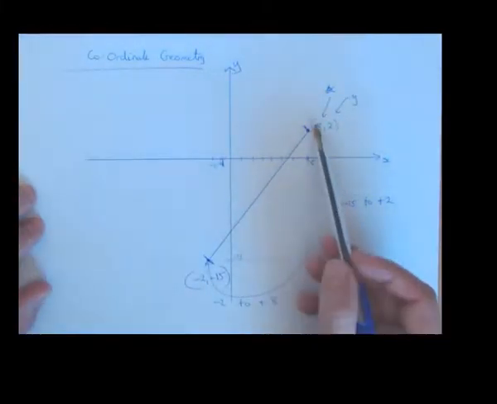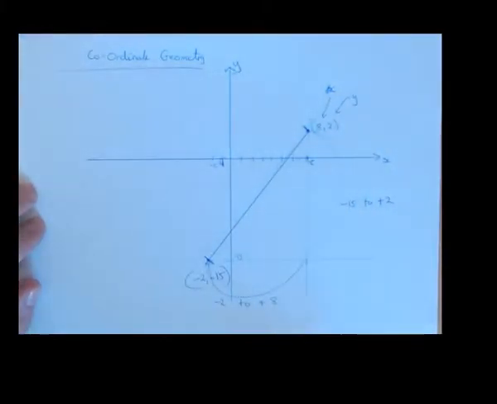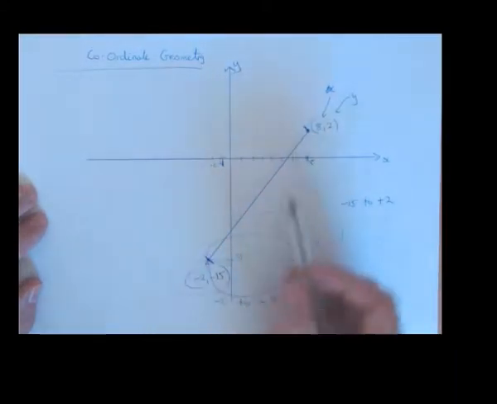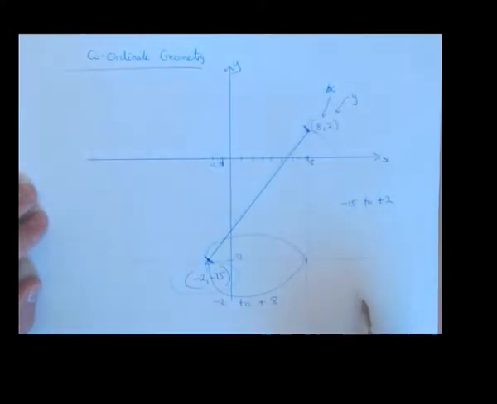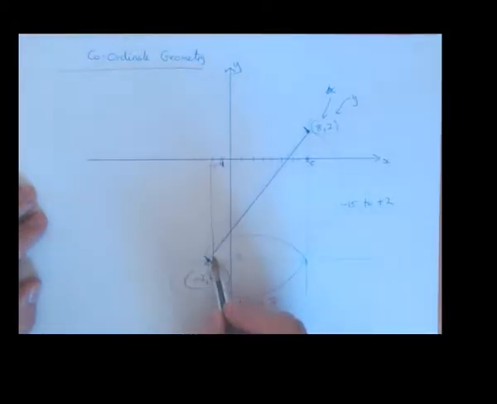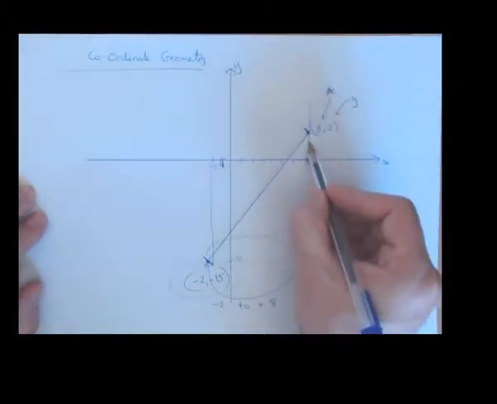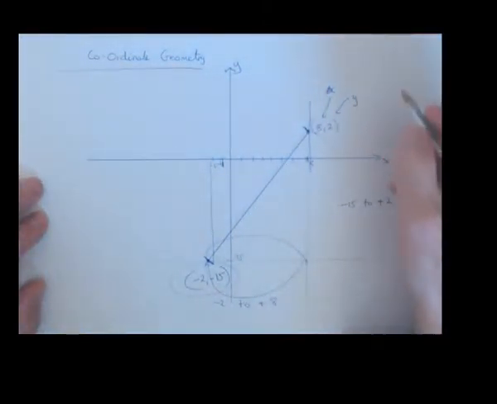So let's look at our point here. So the first thing we're going to do is we're not going to find this distance here. We're going to find the distance from left to right. So from our couple -2, -15 to the point 8, 2, I want to find out how far left or right I've gone. So we're moving from -2 left to +8 right. So that distance